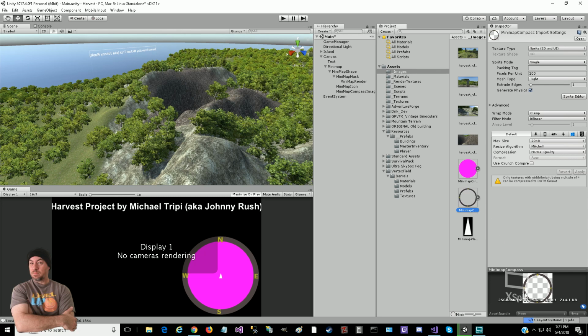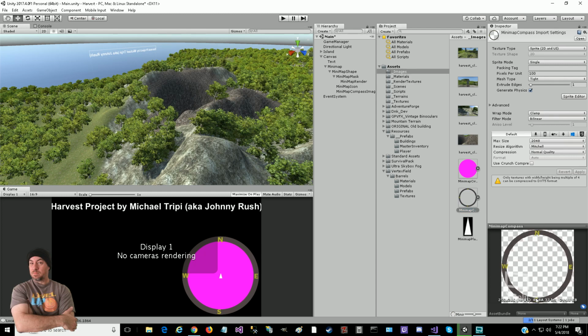If you look down here, it's just a transparent image. It's got the ring with the north, south, east, west on it, and the dimensions of it were the same as our original image for this, which was 250 by 250 roughly. And I played around with the numbers. It might be a few pixels more each way, but I got it to a size where it would overlay nicely over the